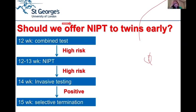We did actually go to the government in the UK about whether we should be offering NIPT early in pregnancy. At the moment in the UK, you have the combined test at 12 weeks, and then if the risk is high, the patient gets counseled, you do the invasive testing, and if that is high risk, this is when you offer the parents the option of selective termination. And if you look at the chronology, that means you might end up offering selective termination in the second trimester, which obviously has a higher risk of preterm birth or